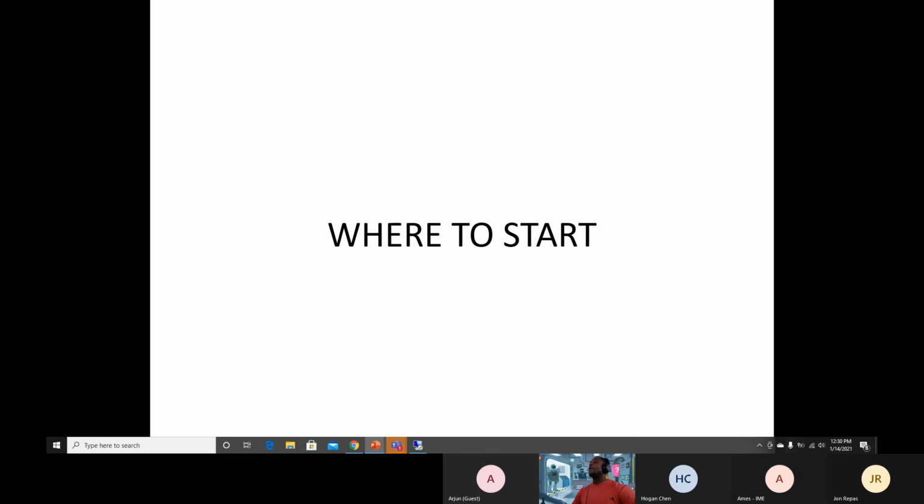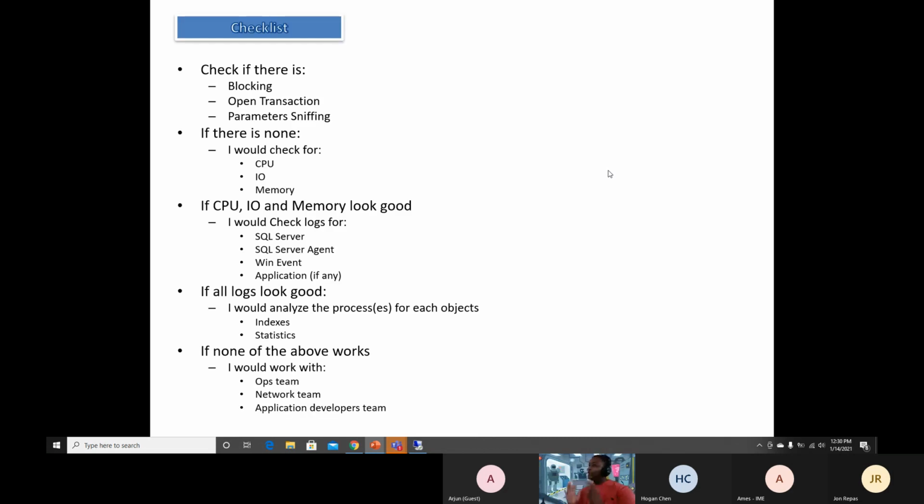Right. So what I realize is that the best way to troubleshoot your environment when it comes to performance issues is to have a checklist. You should always have a checklist. That checklist is the one that will help you work more proactively instead of reactively. Because when you work proactively, you already have tons of scripts that you can use that can bring you